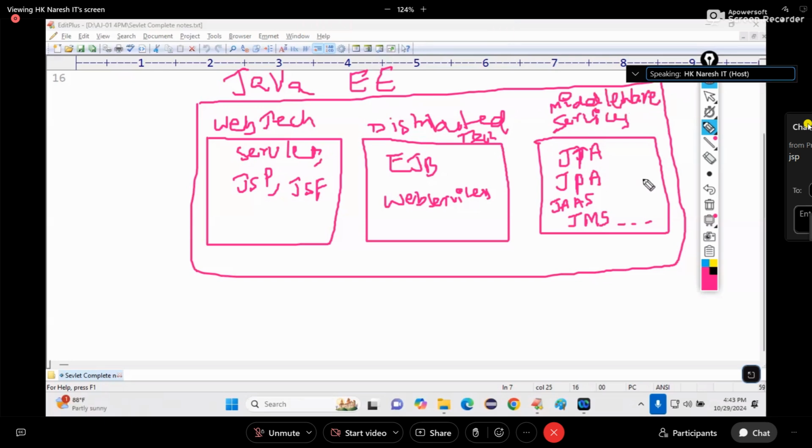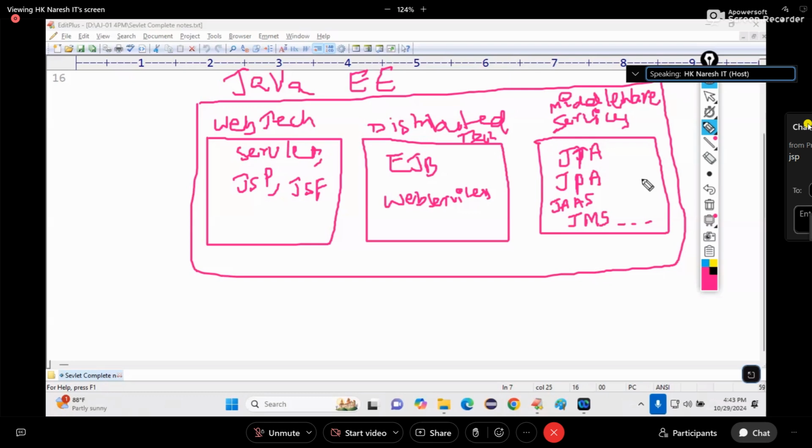For developing what and what? Web and enterprise, distributed, interoperable applications.